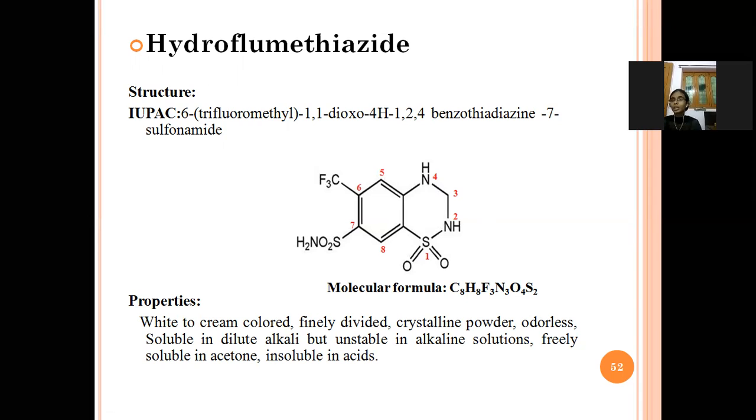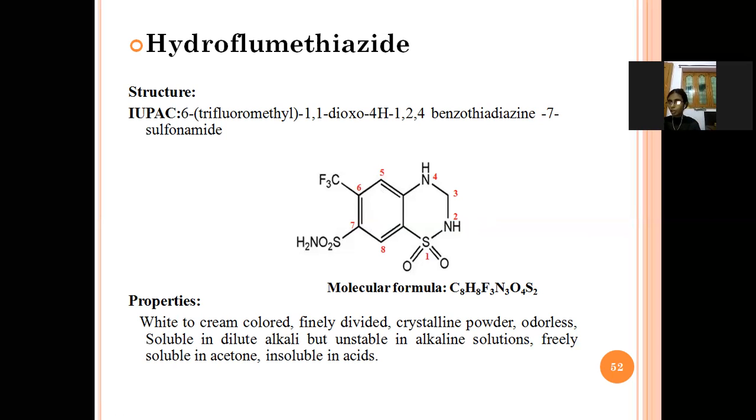benzothiazine. In the seventh position, the sulfonamide group is there. In the sixth position, the trifluoromethyl group is there. In the first position, the oxygen group is attached. So the structure is 6-trifluoromethyl 1,1-dioxo 1,2,4 benzothiazine 7-sulfonamide. So properties are, it is a white to cream colored, finely divided crystalline powder, odorless, and it